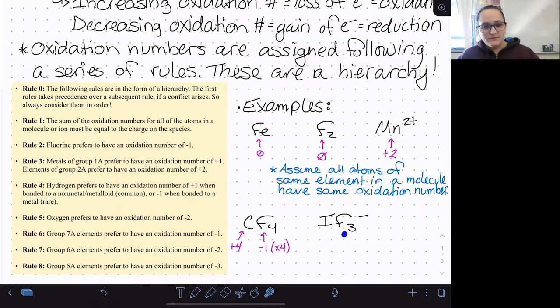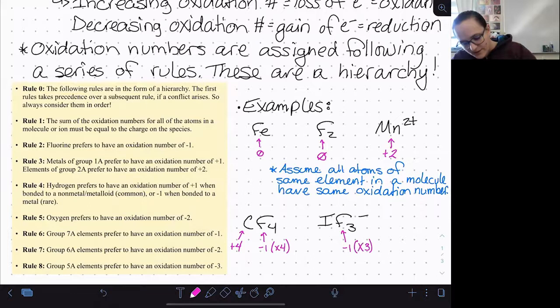For this one, we have fluorine, we have iodine. Fluorine, we just discussed, has a preference of -1 according to rule 2. Iodine is in group 7, so it also has a preference of -1, but it's all the way down at rule 6, so it doesn't have as strong a preference. Fluorine is going to win this battle because it is higher up on our list. Fluorine gets its way,